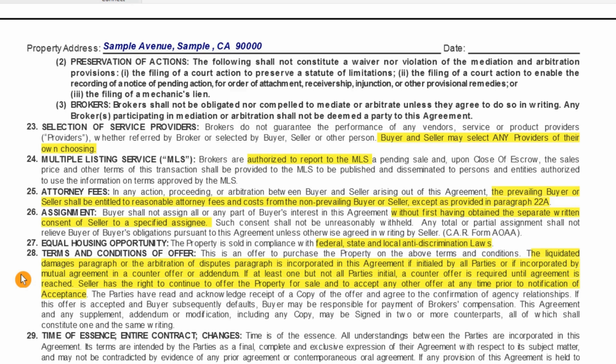So it's all or nothing. Either both parties agree or neither agree. And normally this is incorporated. That's why I've included the links to the quick guides below, so you have a better understanding of it. I don't want you to be intimidated by these paragraphs. I just want to make them as clear as possible.